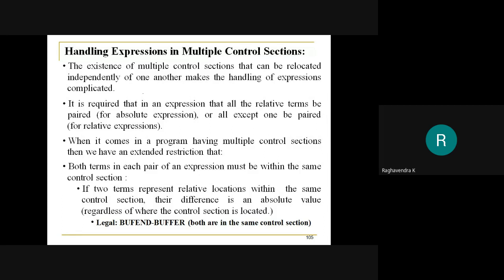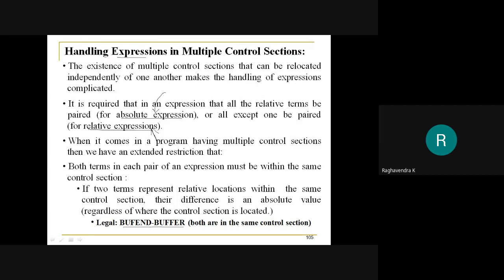Now, when it comes to handling expressions, as I already mentioned, buffer and minus buffer. One thing that we need to keep track of is what type of expression it is. We already know that there can be two different kinds of expression: one is absolute and another one is a relative expression. Whenever you are using the concept of control sections, just to be sure, it should be an absolute expression most of the time. Why? Because if you use a relative expression, then obviously it may result in wrong values.